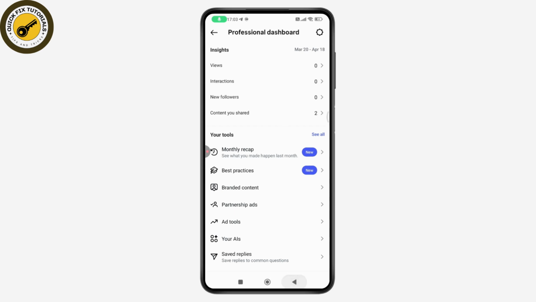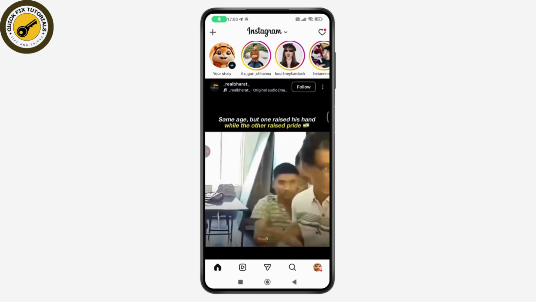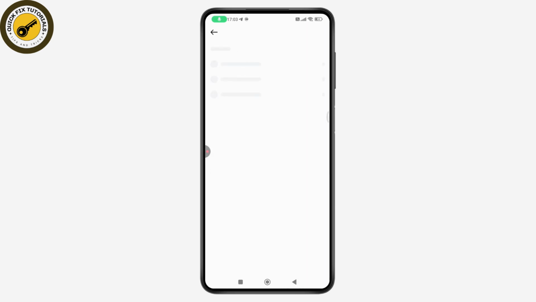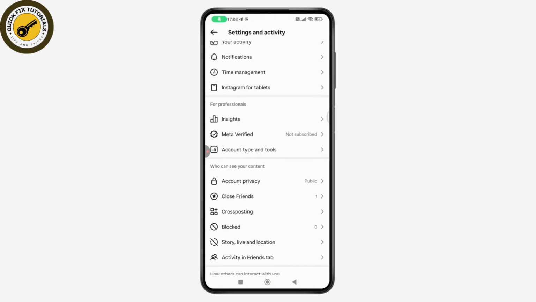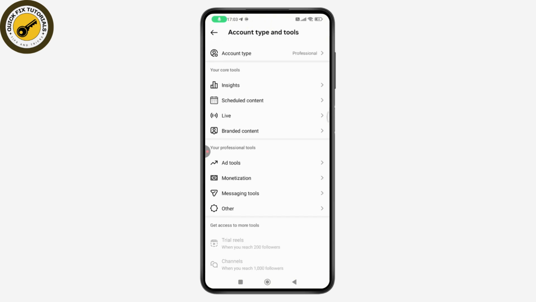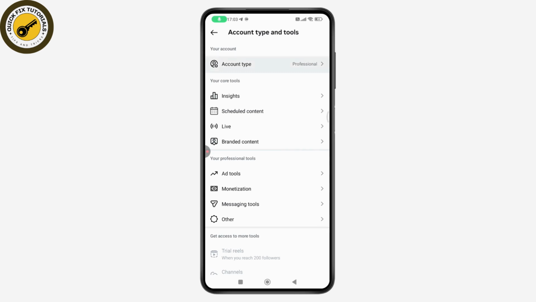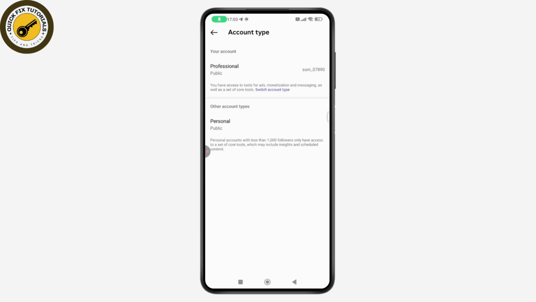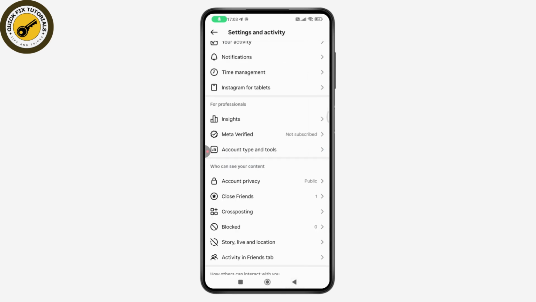But if you don't have your professional account, then you can just simply go back, go to your profile, and then go to the 3 horizontal lines, which will be in the top right. Go to account types and tools, and here you will find an option of changing your account type. Tap on it, and then you can just simply change your account to a professional account or a creator account. So switch to a creator account, and after switching to a creator account, then under your professional dashboard,